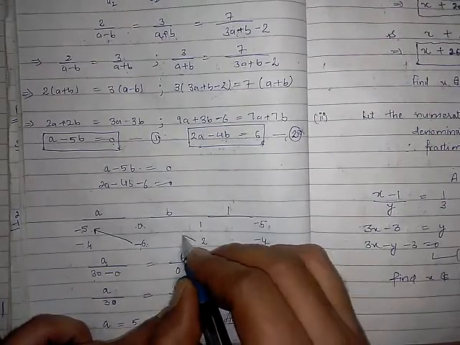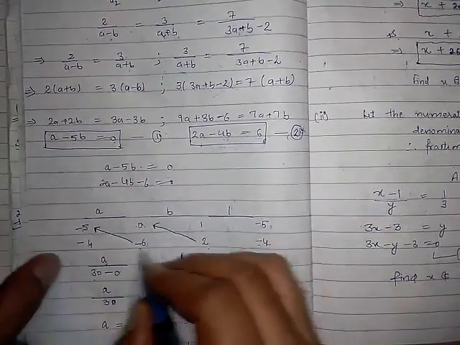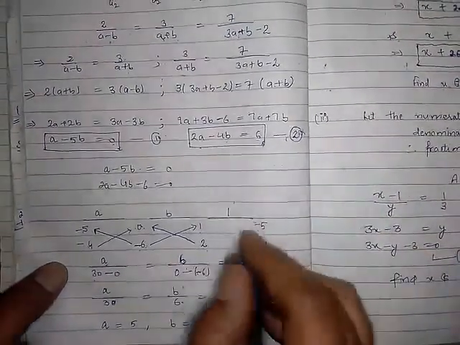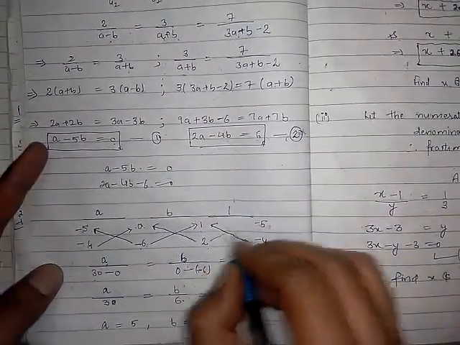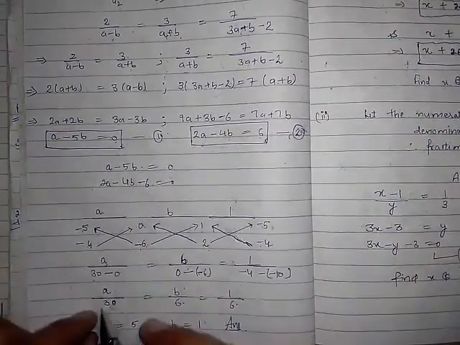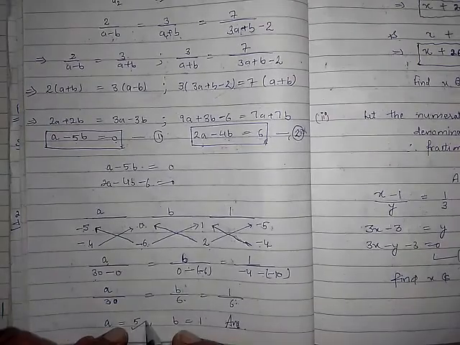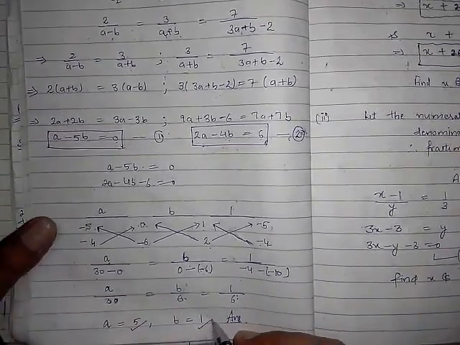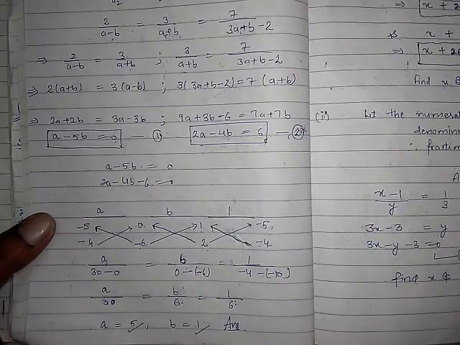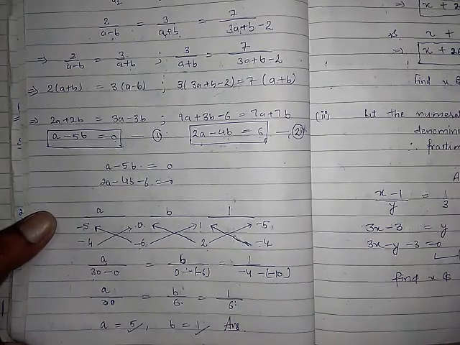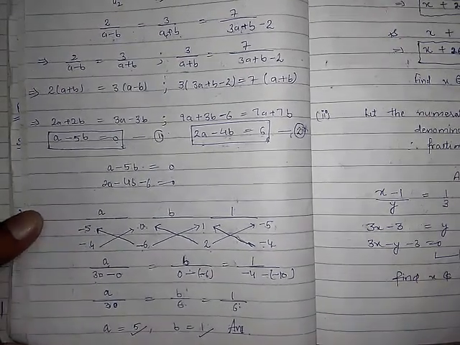In the same way, always you have to multiply these two terms first of all. Then the second number, this one, this one. First multiply these two terms, after that minus these terms. So the same we are getting here, 6. Again, this equal to this, you will get 5, and when you put this equal to this, you will get b is equal to 1. Like this you have to do question number 2. The first part we have solved over here because this was the complicated part, and the second part you have to try yourself because that is the simple one, right?